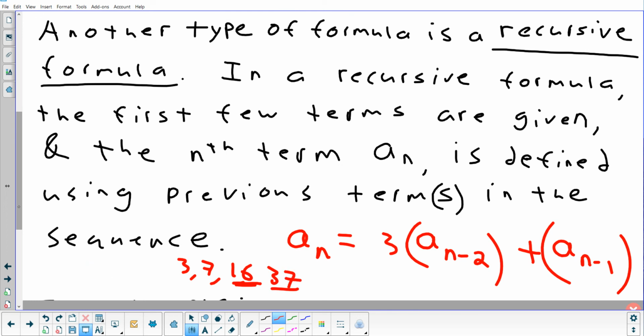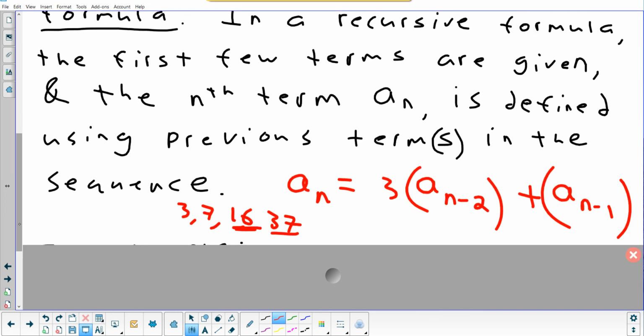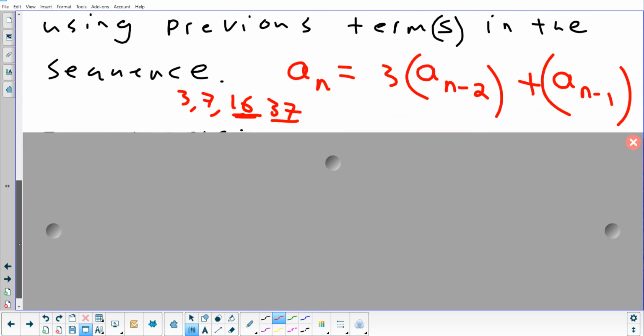It would be very challenging to come up with this formula if I just gave you these 4 numbers. Even if I gave you 5 or 6 more. I don't know if most people would figure out to do something like that. That's pretty hard to figure out. And the downside is, if I want to know the 500th term, I don't want to sit here all day doing this until I get to 500. To convert this into an explicit formula, that's also pretty hard. That's not an easy thing to do. So it's not something we try to do in this class. It can be done, but not what we're going to do.